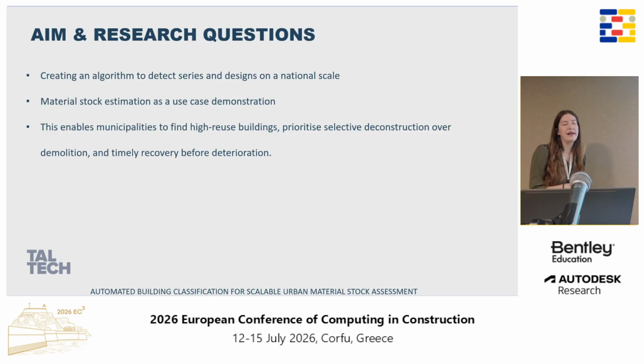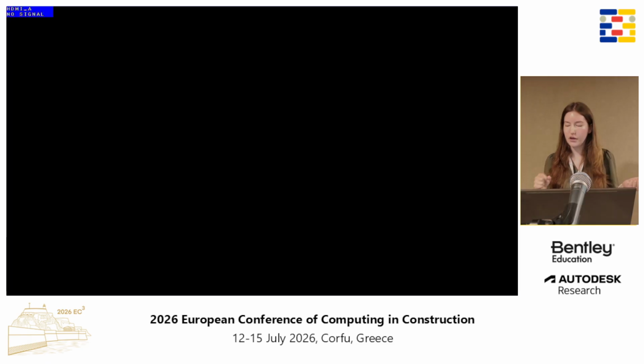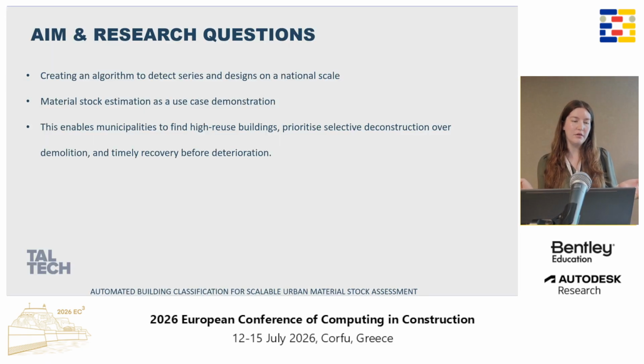So my goal was to create an algorithm to detect which building was built by which series and design on a national scale. And then as a use case, I decided to use material stock estimation. Most life cycle assessments could benefit from more granular and detailed data, but I think for materials especially, having these blueprints and specifications would allow us to have not only raw material estimations, but also element estimations. So how many precast wall elements there are in what specific buildings, how many of these have the window inside the panel,